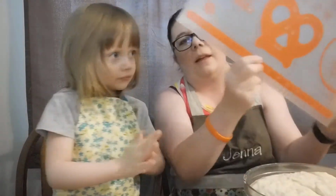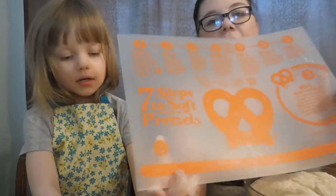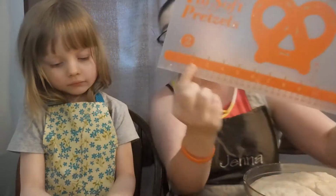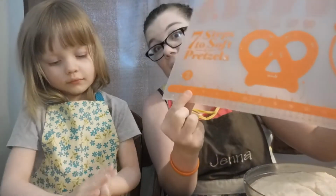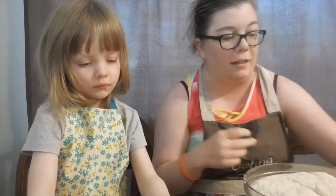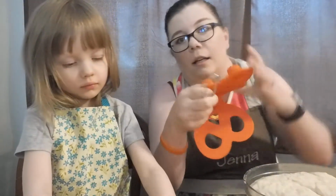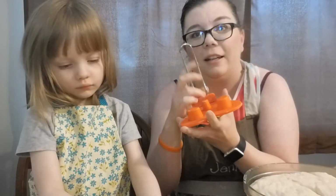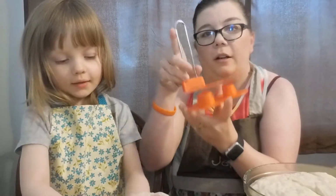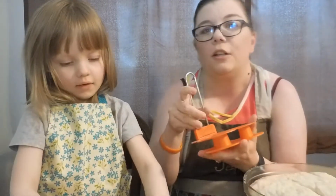Now, I have this handy dandy little thing that I got from a French Pampered Chef's party. It shows you how long you need to make your ropes so that you can make the pretzel. And then the coolest thing about this is it has the thing for you to dip your pretzels in. So you put it on here and then you lift it up and then you submerge it in your baking